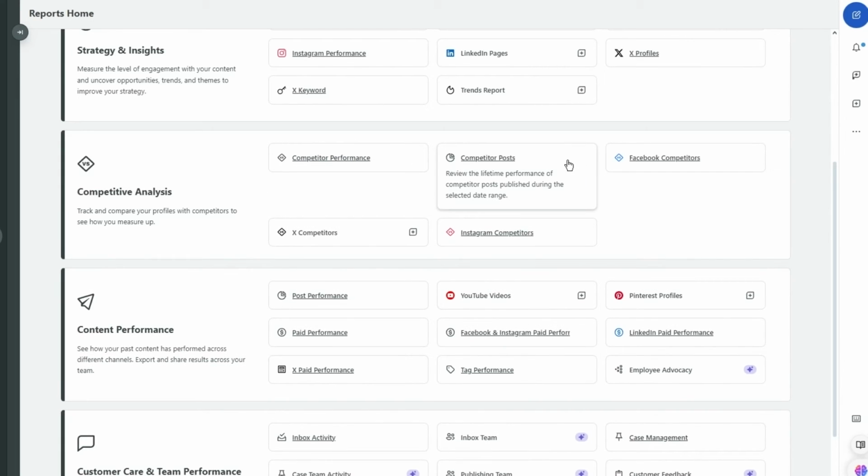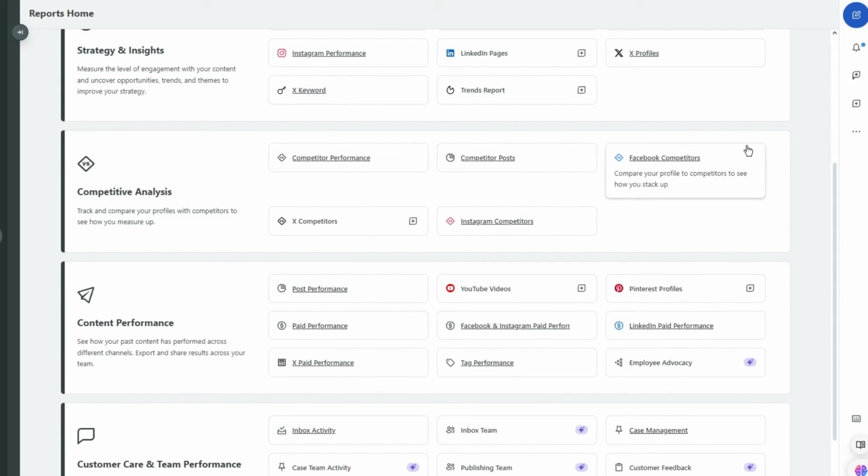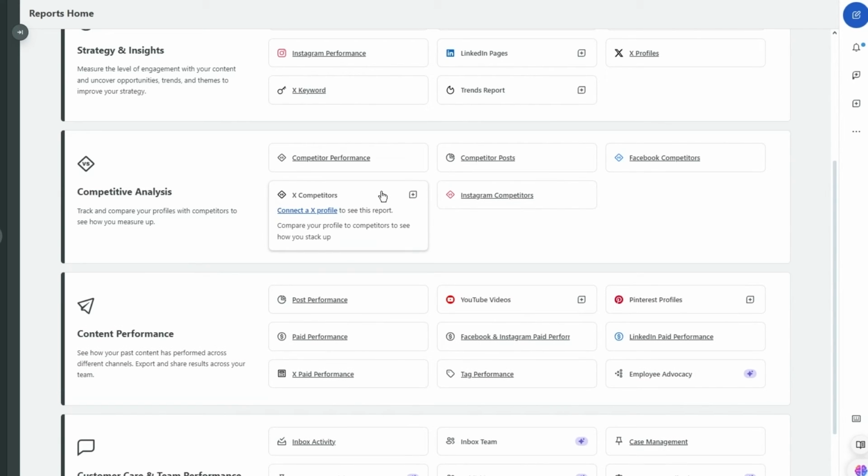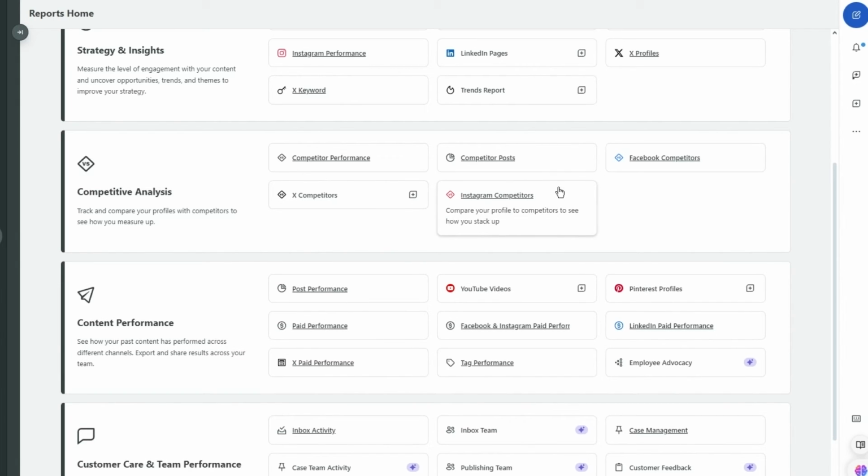You can get competitor posts where you can review the lifetime performance of competitor posts published during the selected date range. Then you can compare your profile to competitors to see how you stack up. Connect an X profile to see the support, or compare your profile to competitors. Same with Instagram competitors, where you can compare your profile to competitors to see how you stack up on the